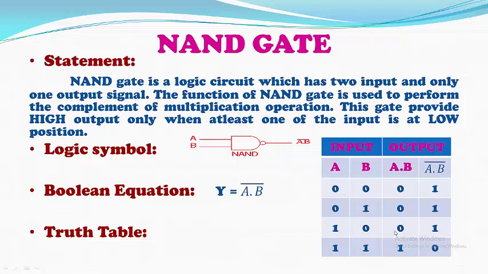But what we have to calculate? We have to calculate the A into B whole complement. So take the complement of this A into B column by rewriting 0 as 1 and 1 as 0. This triple 1 and 0 is the final output values of this NAND gate.